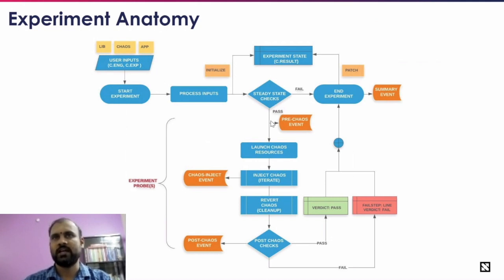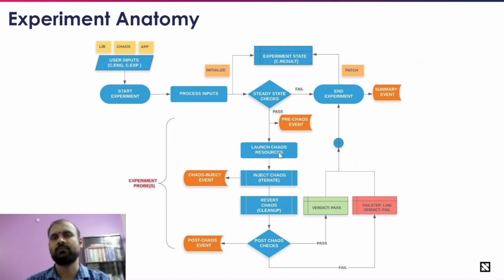The steady state check, upon passing, is going to create a pre-chaos event. And it's saying that the pre-chaos checks are successful. They're going to launch chaos resources. Many times the experiment pod itself is going to do your chaos injection. Sometimes we make use of what are called helper pods or auxiliary pods, which are going to perform a